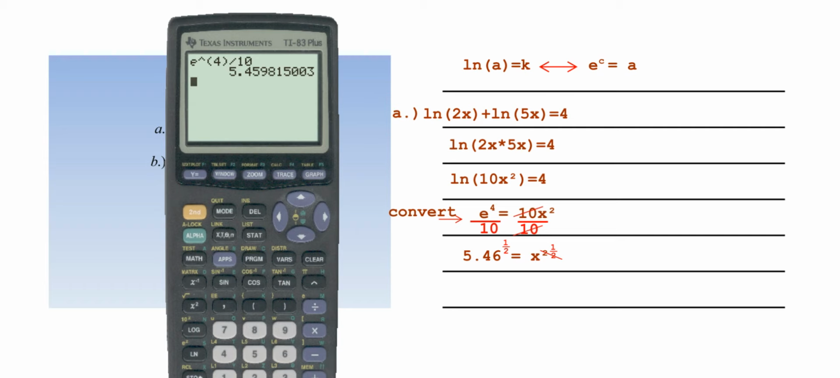So now if you push the caret key, it takes the previous answer and raises it to the exponent. So exponent, open parentheses, 1 divided by 2, or square root, in other words. You could also use the square root, but it makes it easier this way. Push the caret key, then 1 divided by 2. Don't forget to close your parentheses, hit enter, and it gives us